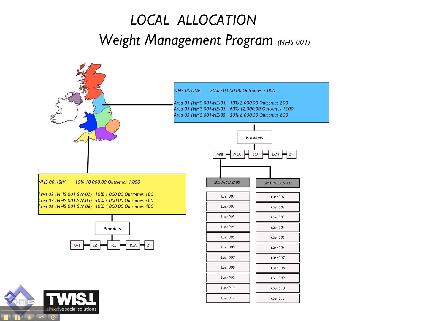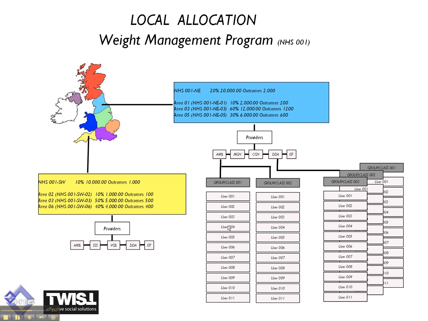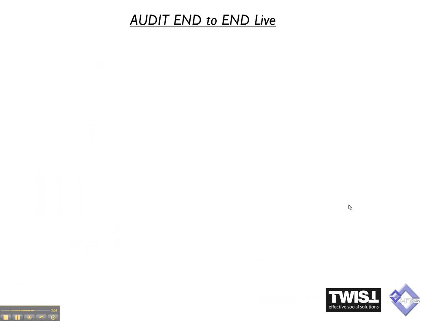So if we say that, clicking all the way through, this provider has two groups going, group 1, group 2, list of users, and that provider has three groups going. So to do weight management in this region for these areas, these providers have these groups working. Audit end to end, you end up with weight management at a national level